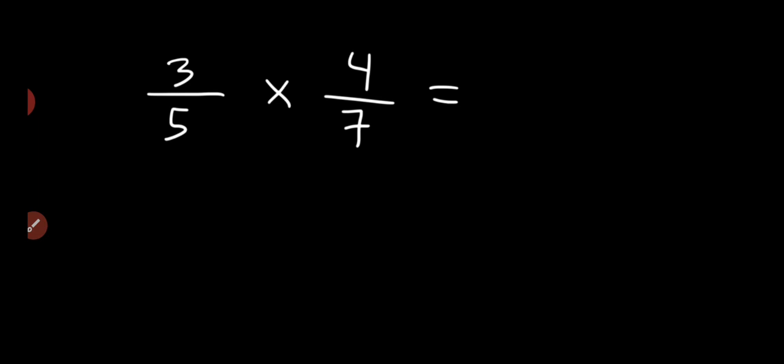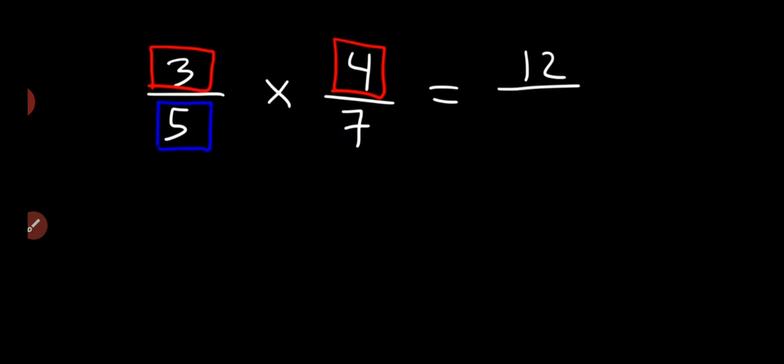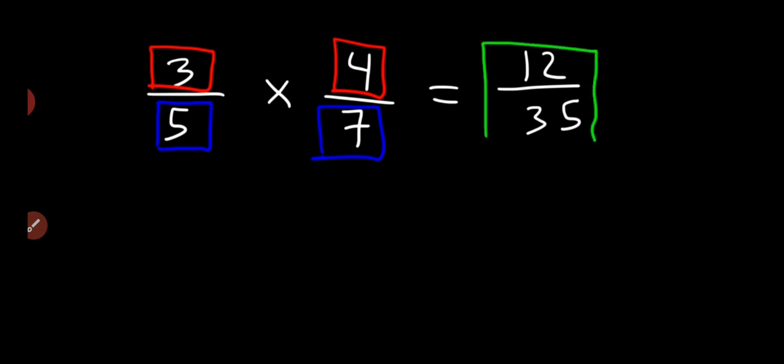So see student, if we multiply two fractions, then what do we do? In multiplication and division, it is not needed to find the LCM. Okay, you simply multiply numerator into numerator upon denominator into denominator. Okay, in multiplication you simply multiply numerator into numerator and denominator into denominator. So your answer is 3 fours are 12 and 5 sevens are 35. Understand? Okay, this is the way for multiplication of two fractions.